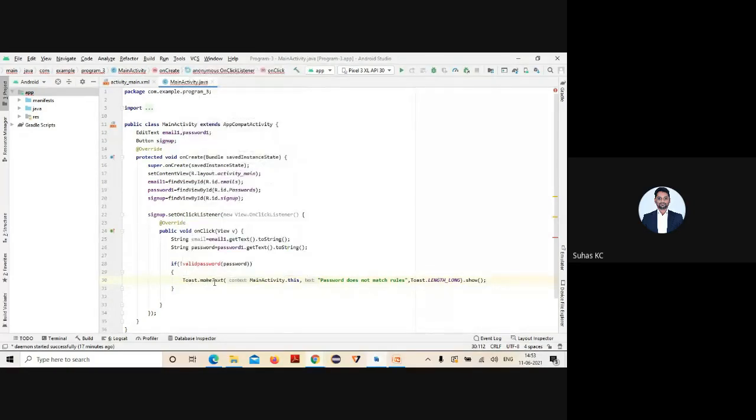That's it. makeText, and with makeText you are creating the text. And for that, three parameters are passed. One is where you have to display, MainActivity.this, and whatever you're entering, you need to specify in double quotes. And the third parameter is your length, whether you want to display for short duration or long. And you are using the show method to display that message. That's it. Hope you're clear. If you're not clear, I'll just show it again. So see here.